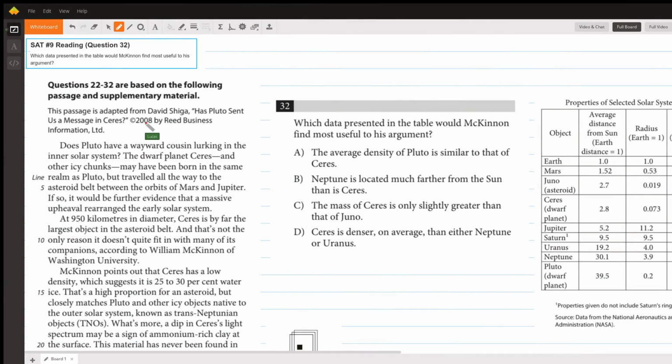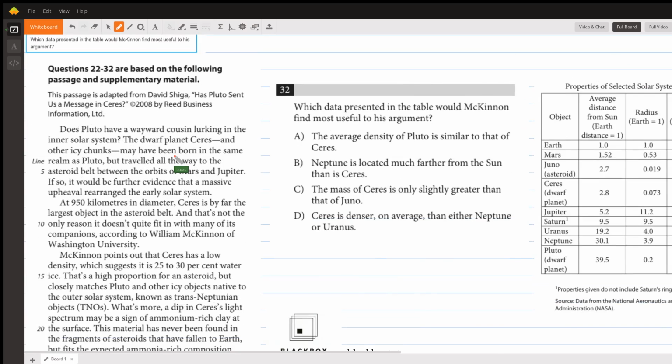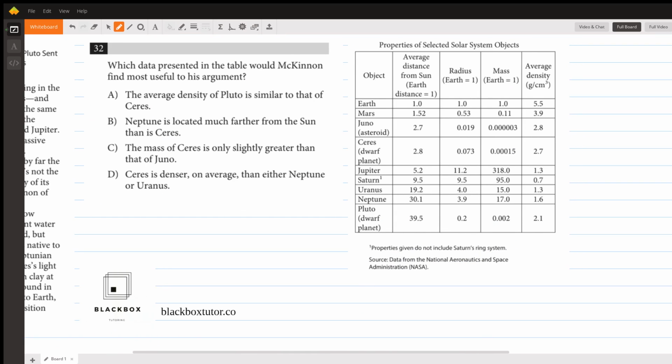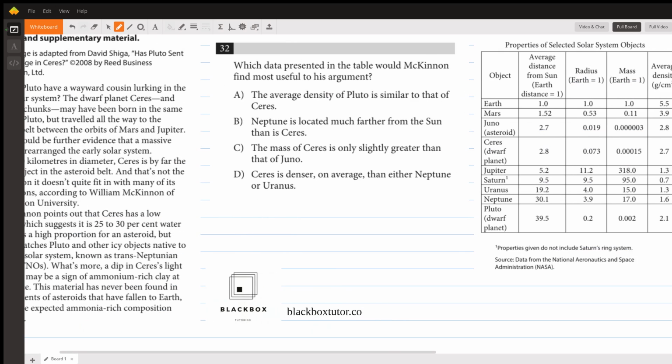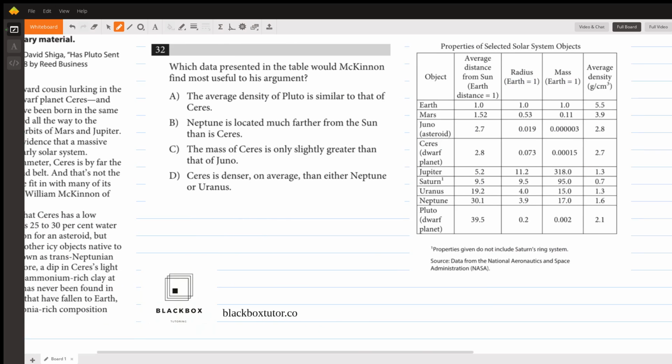Okay, so today we're going to be solving question 32 from the SAT number 9 reading, and let's jump right into it. Question 32 says, which data presented in the table would McKinnon find most useful to his argument? Before we could solve this question, even if we've read the passage, even if we understand McKinnon's argument, the first thing we have to do is go back to the text and try to identify very specifically where McKinnon's